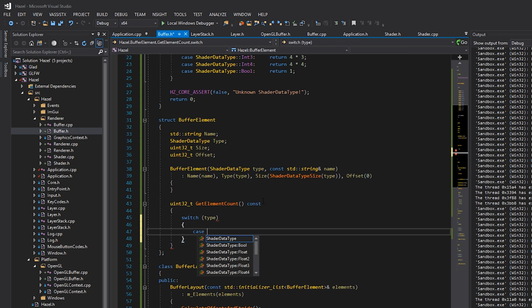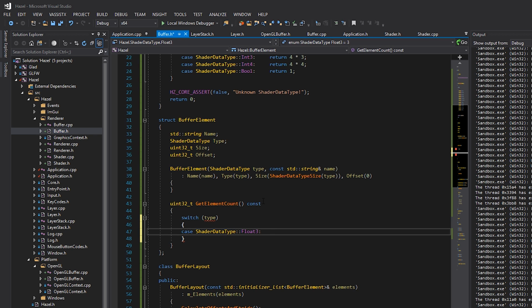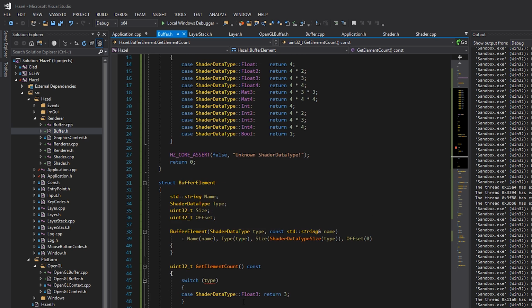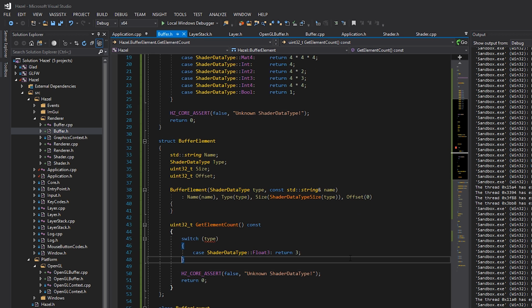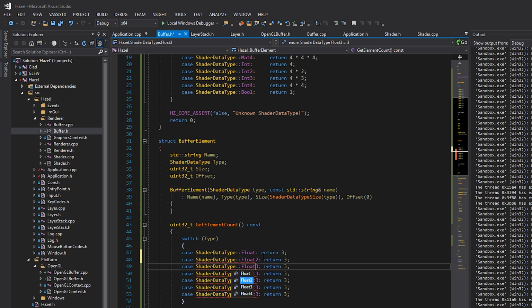We'll add const here, and then we'll switch on the type here. And we'll say that if we have a shader type float 3, we'll just return 3, okay? And that is the component count. We'll return 0 here and assert saying that we have an unknown type. Again, this shouldn't really happen ever, but it might. And I guess because I'm a good person, even though I said I probably wouldn't, we'll fill out the rest of these. So we'll start with float, then we'll have float 2, 3, 4, then int,